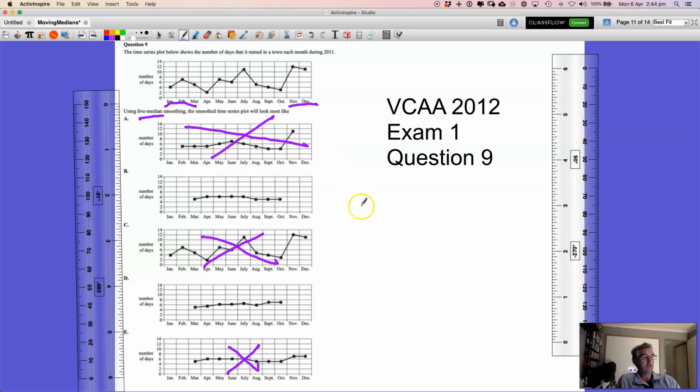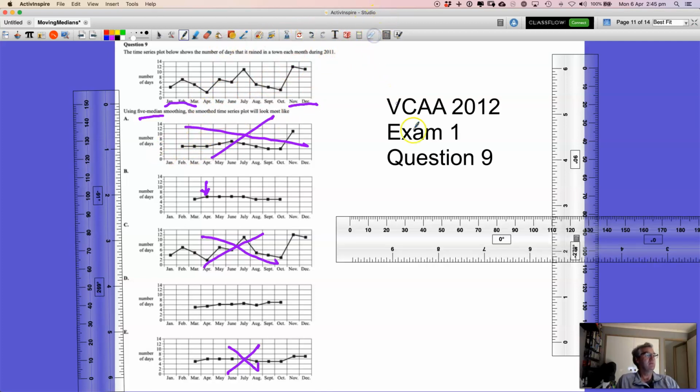The next step. Right. All we need to do is compare these 2 graphs and start to look at where the differences are. Now, what you'll notice moving along here, the month of April, there is a difference in the month of April. So this month here is different. This month here is right on the line. This month here is below the line. Now, go back, look for 5 median smoothing, and we need to consider for April. I'll just bring another ruler back. I have a ruler here,